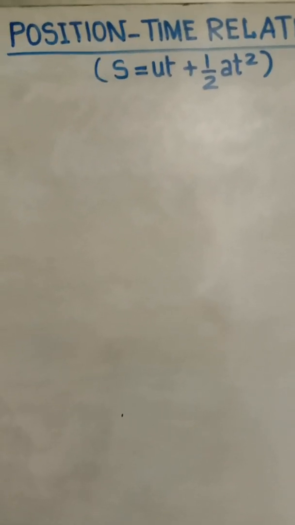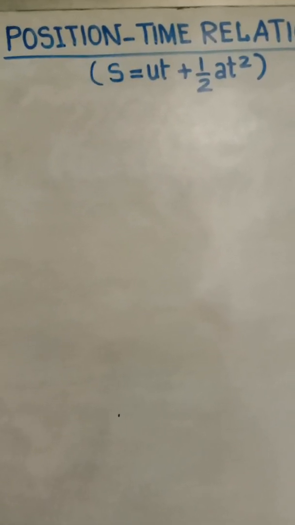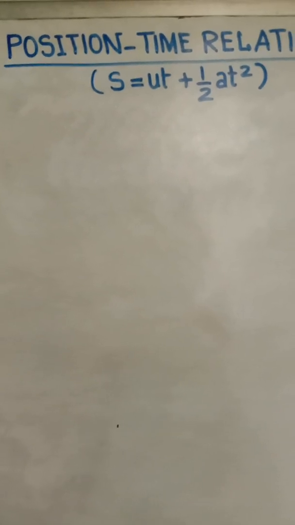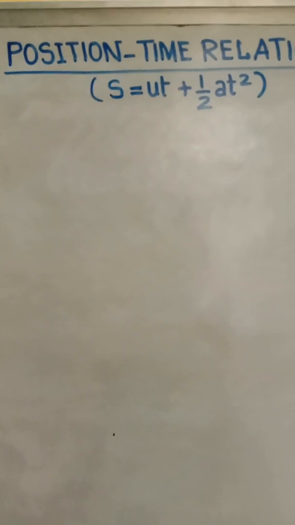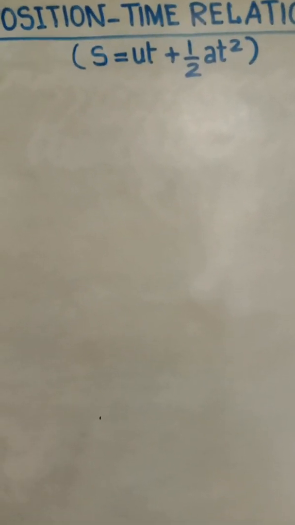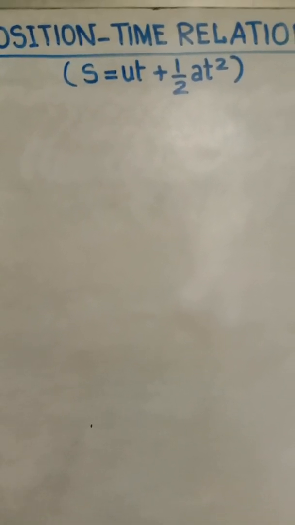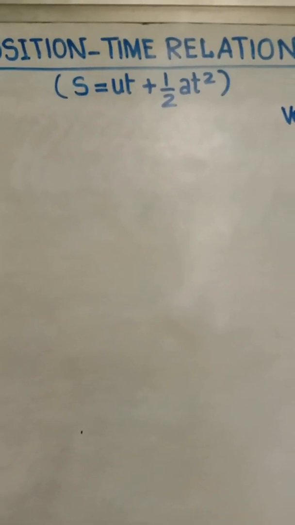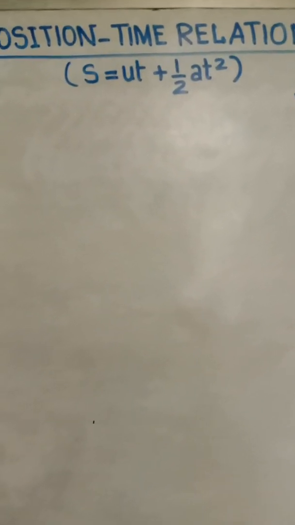Hello all, this is your second video in relation to equations of motion, where we will discuss the graphical proof for the position time relation. Now if you can see the equation, the position time relation is given by S is equal to ut plus half at square. Now all of you know S is your distance, u is initial velocity, t is time, a